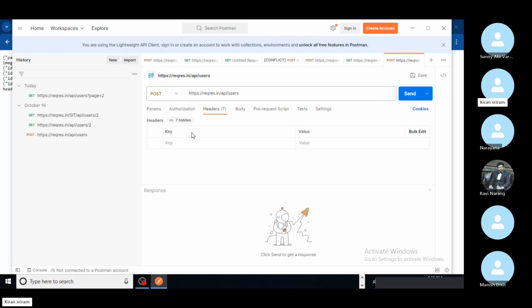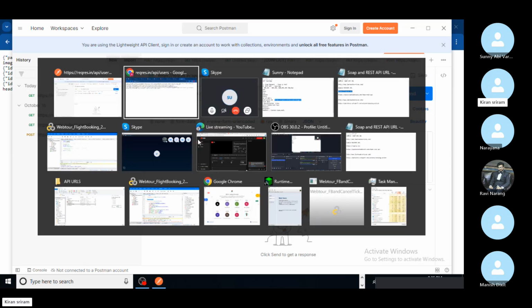If you want to give any headers, you can provide them as well. And we also have a body. If you select body, here we have raw data. You need to select this, and if you are doing XML, you can select XML; if it is HTML, you can provide that. For JSON, select JSON. Our request will be JSON, so that is why I selected JSON. Now this request we can take from here,